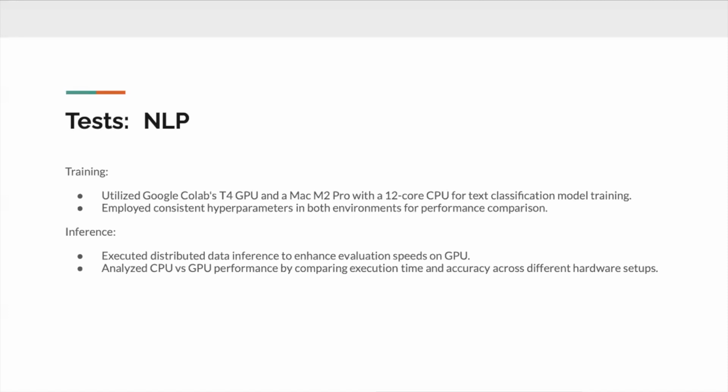Then for the inference part, we executed distributed data inference to increase the evaluation speed on GPU. This was done by using PySpark. And here we analyze the difference between CPU and GPU performance by using two metrics. One is the time of execution and another is